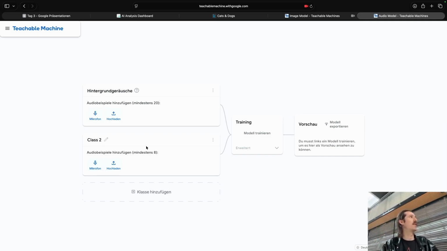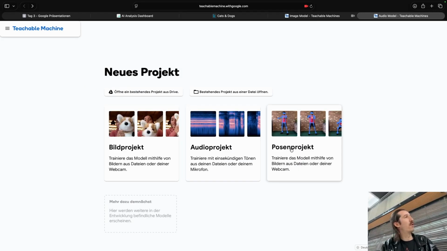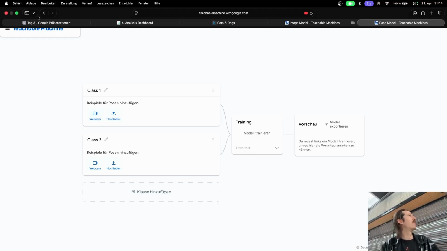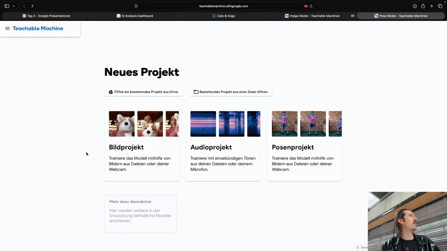So it's the same structure just for sound. And here we also have pose detection. So I assume you can stand in front of the camera, and then it does skeleton tracking, and so it might be useful for some of you in some projects to play around with this one.